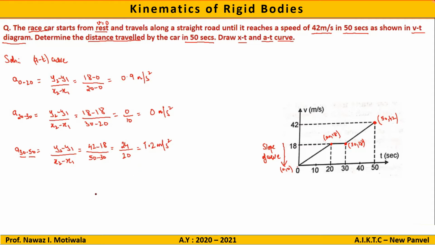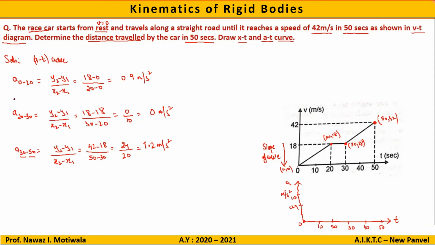So with this we have completed the calculation part. Now the next part is drawing the motion curve. We can see that all the values are positive, so I will make a graph like this wherein all the values will be positive. This is my timeline and this is my a, which will be in meter per second square. The timing will be the same: 10, 20, 30, 40 and 50. And on the y-axis it will be 0, which is already there, then 0.9 and then 1.2.